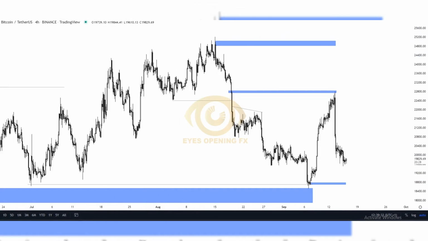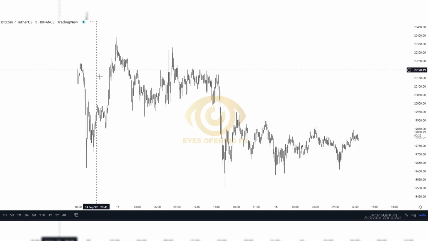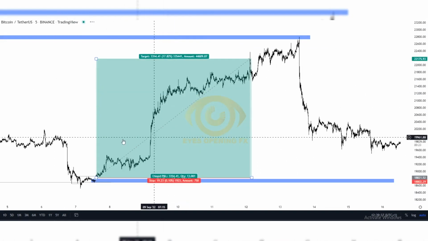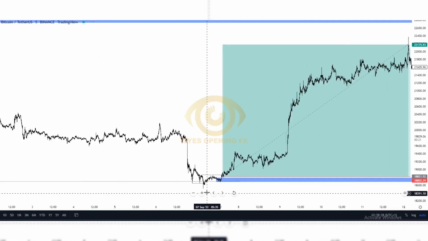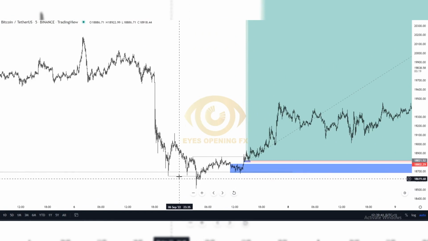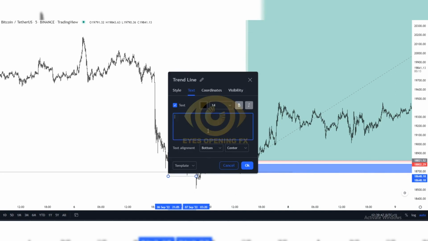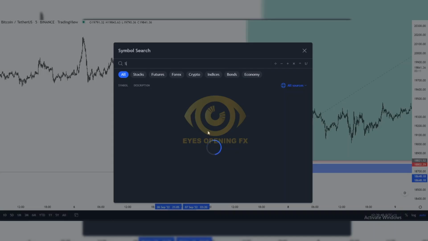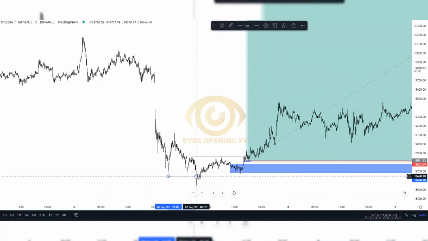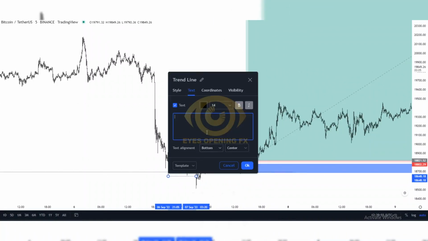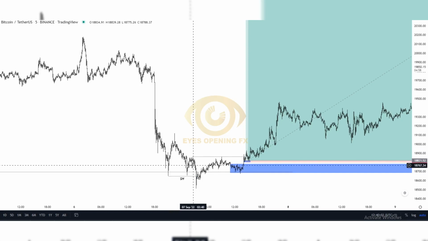So going to lower time frame, we see how market gave us a clean reaction from our previous analysis or our previous outlook. So we see how market stop hunted this very low right here. So after this low was stop hunted, which is this, as our stop hunt. Sorry. So since we have this as our stop hunt right here to the downside,